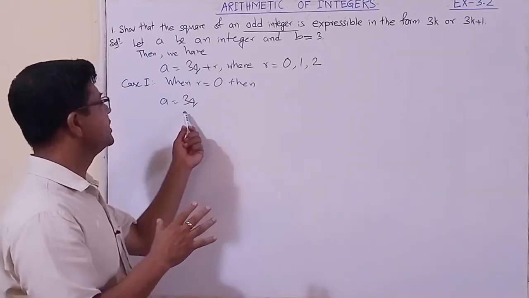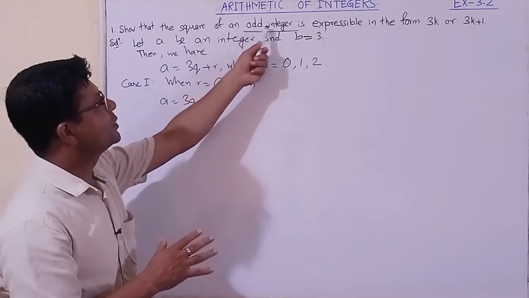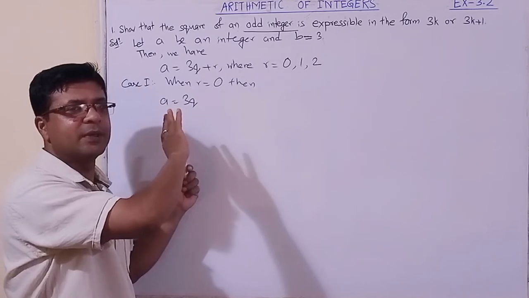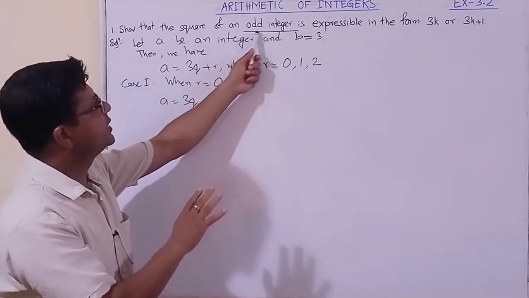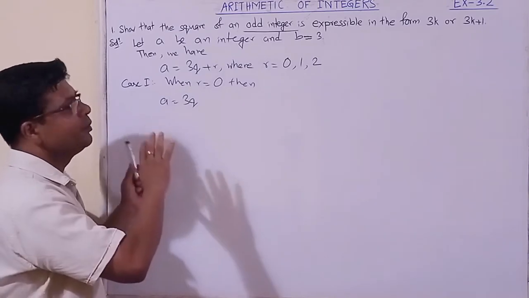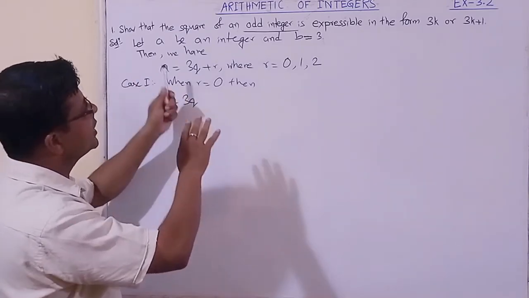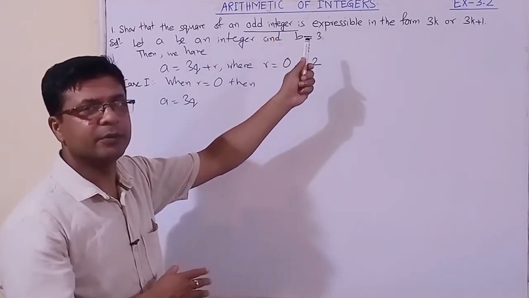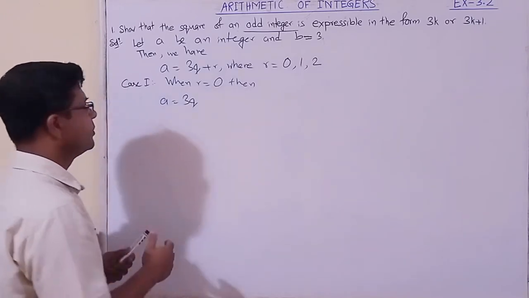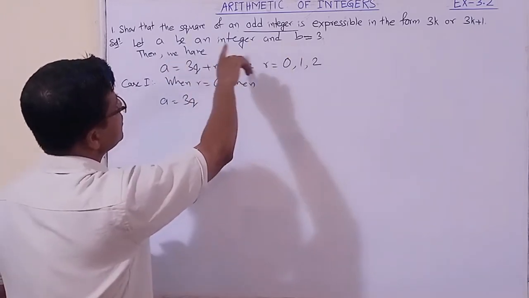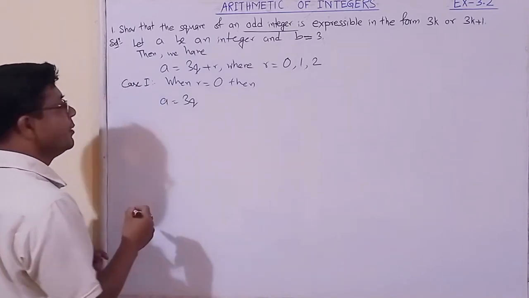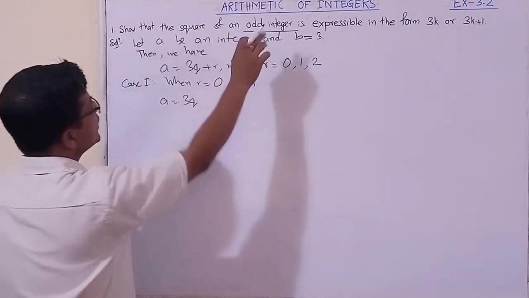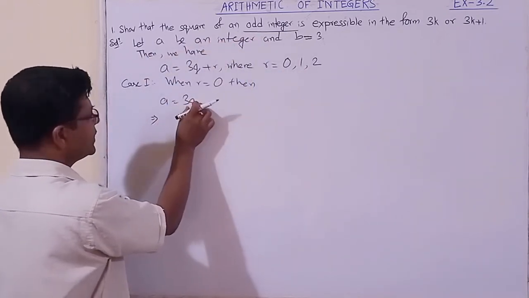So do not think about whether this is odd or even. It is given in the question as an odd integer, so we will take it as an odd integer. We will not consider this as even or odd. Think only that this is an odd integer, then there will be no confusion. Otherwise you will think that this question is totally wrong. The question is not wrong; the question could not be arranged properly, according to me. This is my personal opinion; I may be wrong, I don't know, but personally I feel this. Okay, so the square of an odd integer. So at first this is an odd integer.